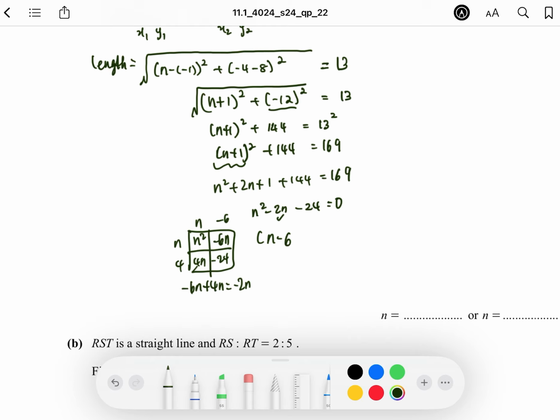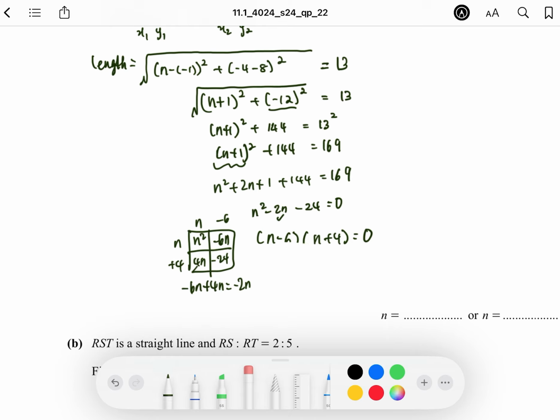That means the factors are n minus 6 and n plus 4. Put positive there to indicate that it's positive. That means either n minus 6 equals 0,